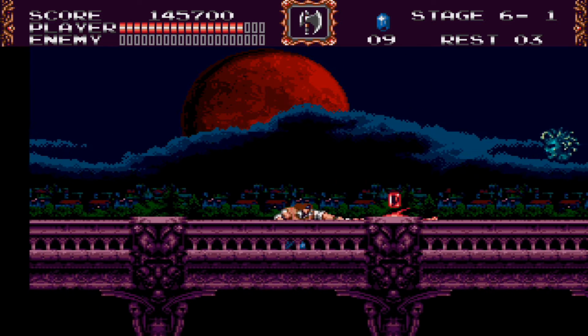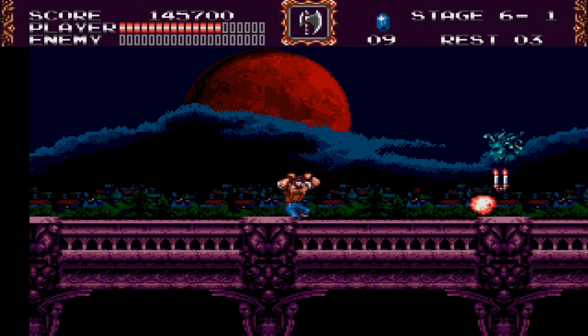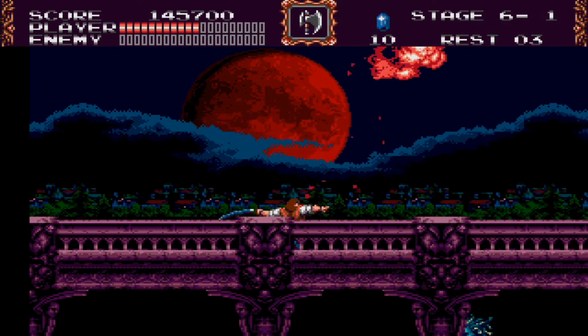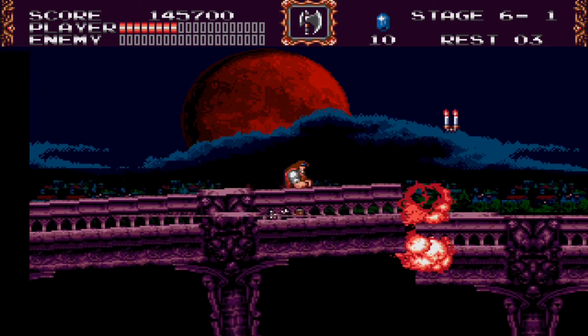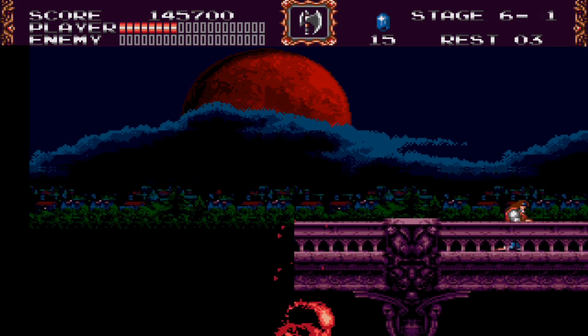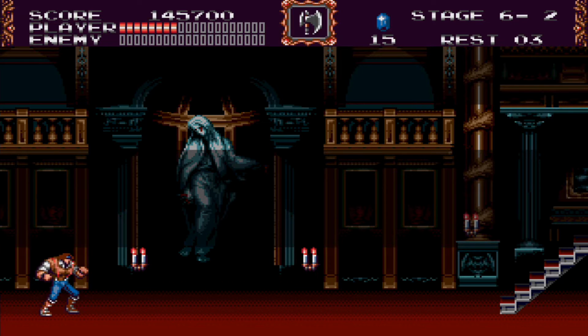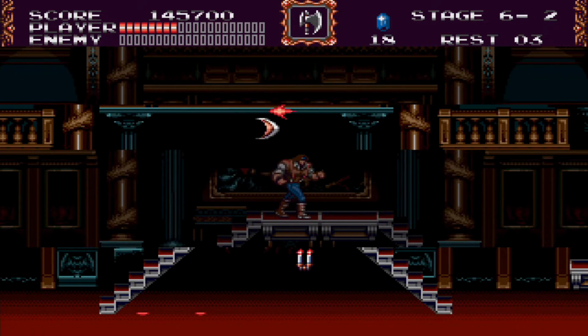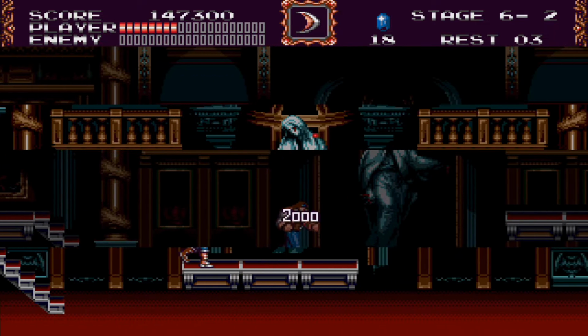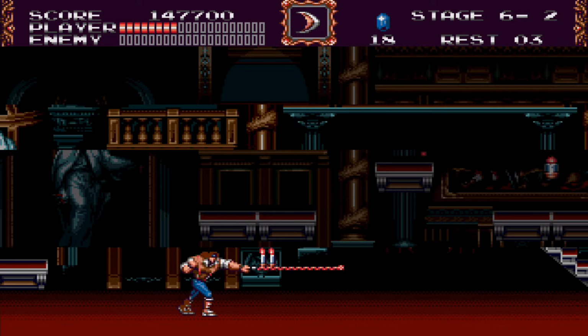So because of that, of course we need to try to dodge certain Medusa heads, and now they somehow manage to shoot projectiles at us for some particular reason. And of course the bridge is about to collapse. Out of all the levels in Castlevania Bloodlines, this particular level is my least favorite, because